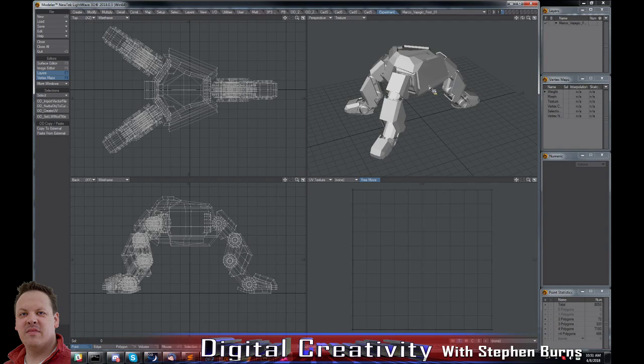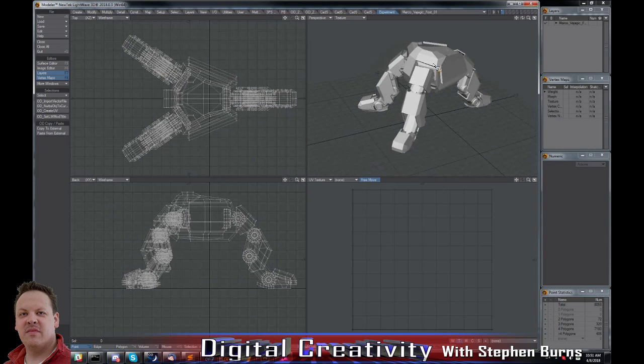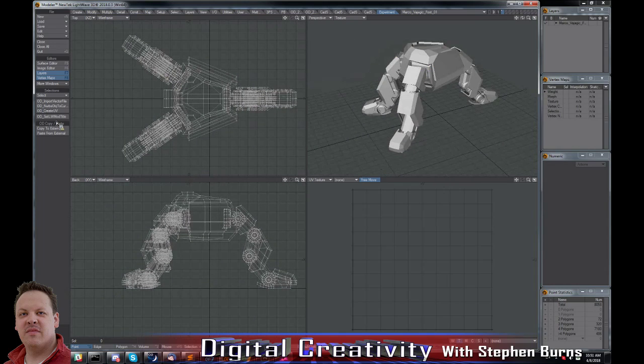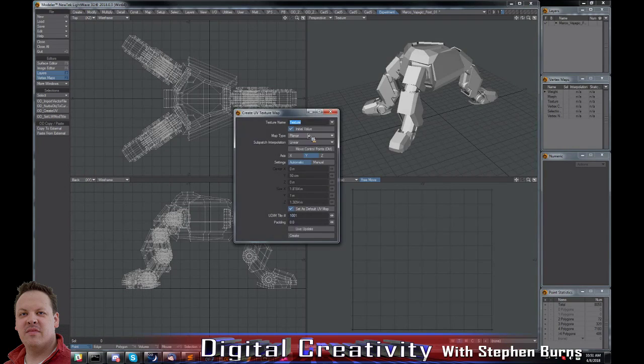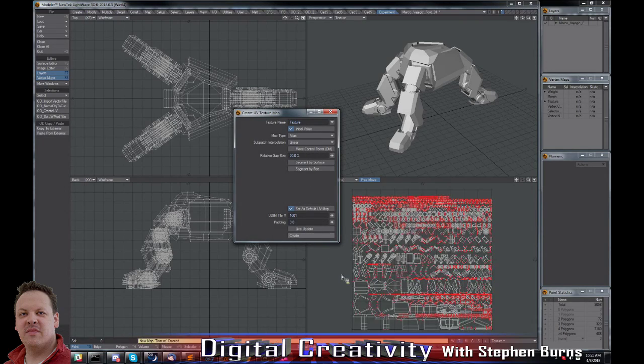But to go back to this, we have an object that doesn't have a UV. Now, in order to bring it into Substance Painter, we need a UV. So I have this tool that says create UV. You can make a quick Atlas UV because we don't have a lot of time. But you can see it's not the greatest UV map, and it's not necessarily great for painting anything like this